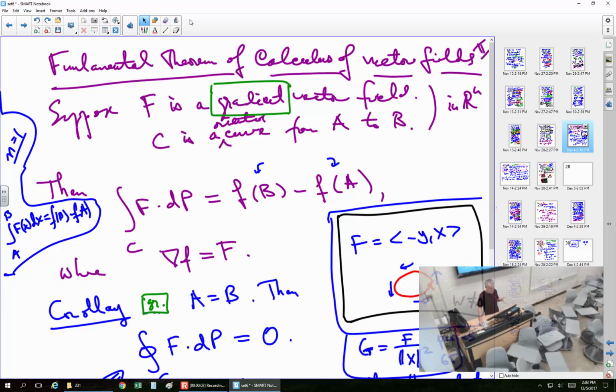Okay, so let me go back a little bit. This is the fundamental theorem of calculus for vector fields. Technically, that would be an overstatement because it is only limited to the gradient vector fields. So in a way, as we'll see, this is like a preliminary version